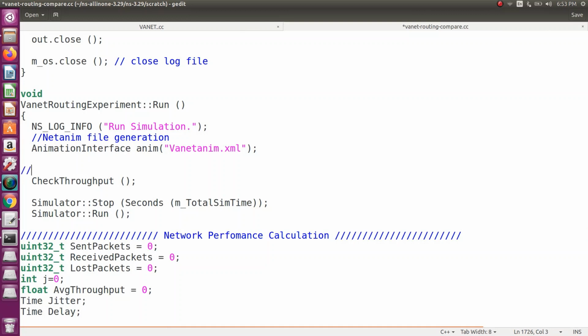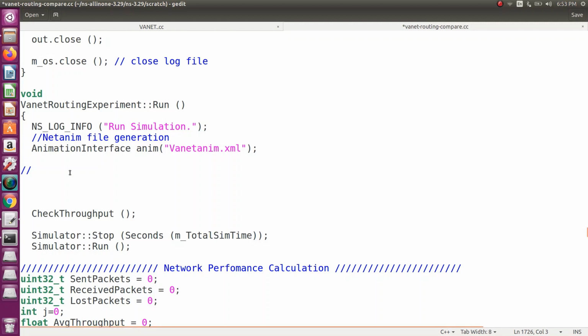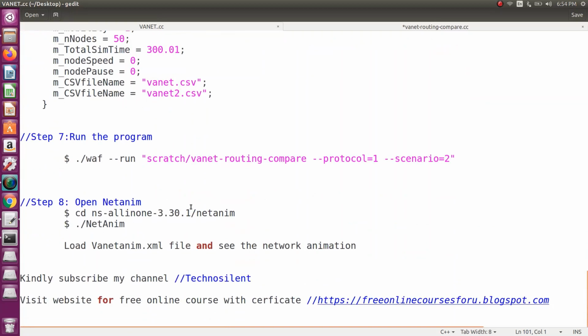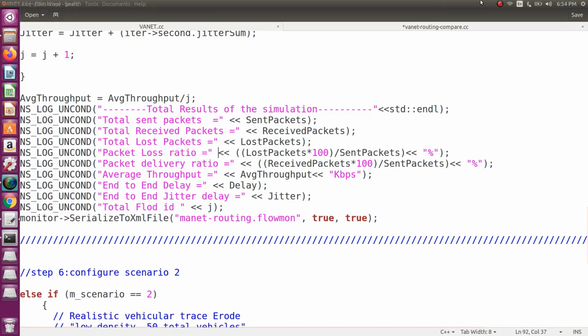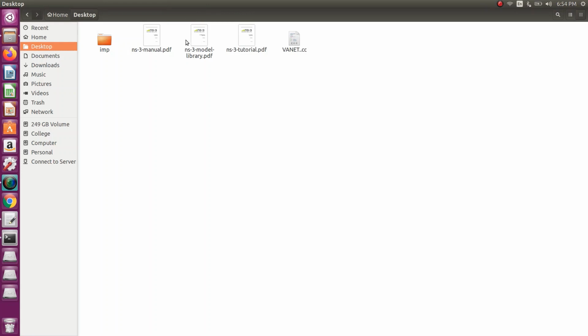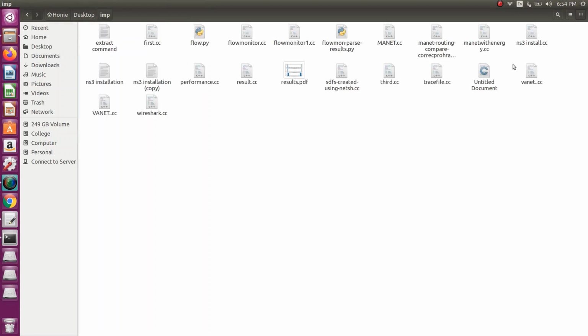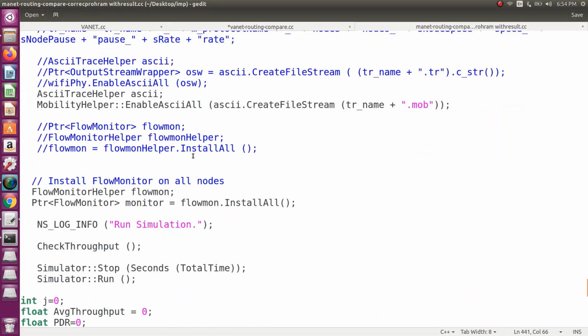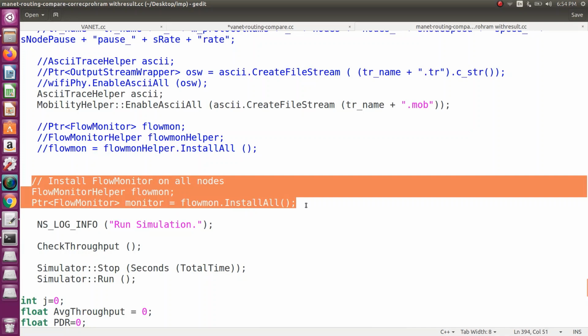The next, add the flow monitor file. So this is our NetAnim file, and we want to add a flow monitor file. So this is the flow monitor file I want to use.